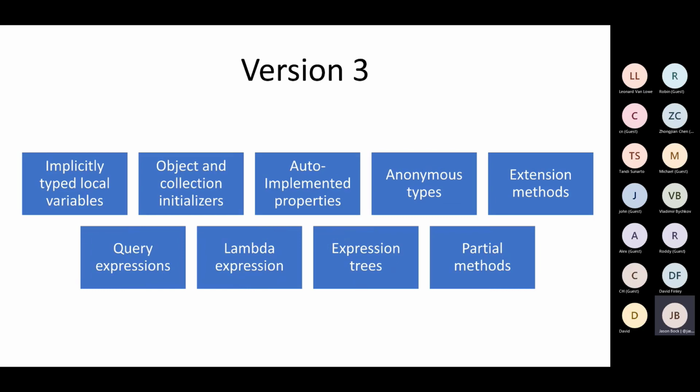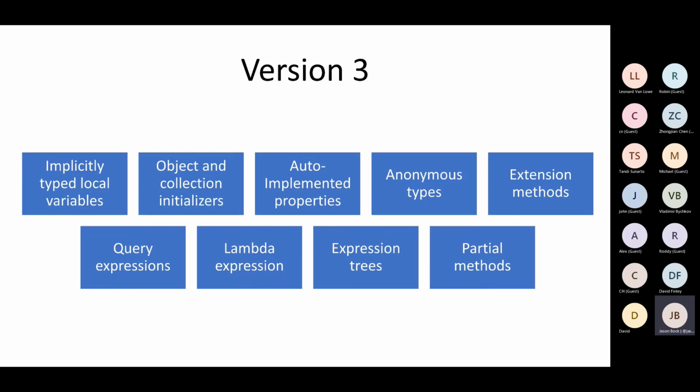Version 3 gave us LINQ, but there were a lot of features added to support LINQ, like expression trees, query expressions, implicitly typed local variables, and anonymous types. It's fun that one ended up being something that people still to this day get into disagreements over, like naming conventions and formatting. I'm personally team var, but other people still like using full type names.